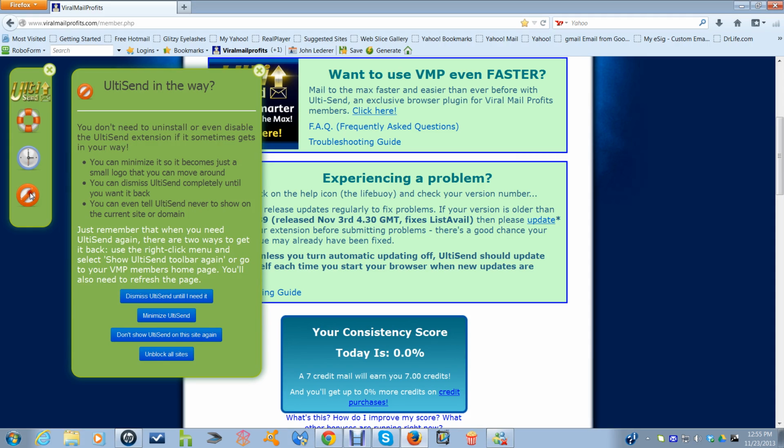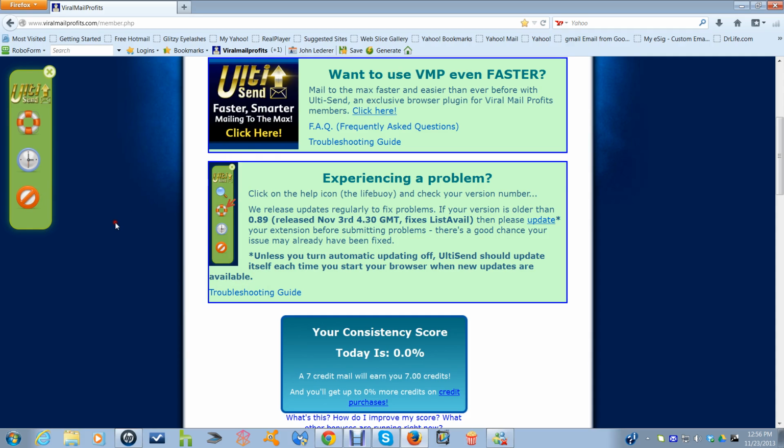If you're on a page where you're not using UltiSend but you're still using that browser for other things, and you don't want UltiSend to pop up, you can disable it for a time and then just bring it back up when you want to use it again. You can right click on your mouse,